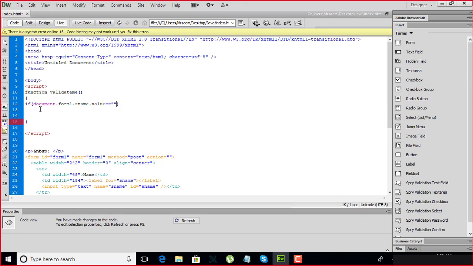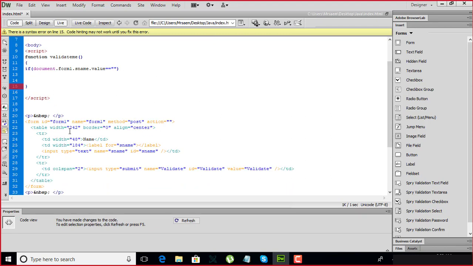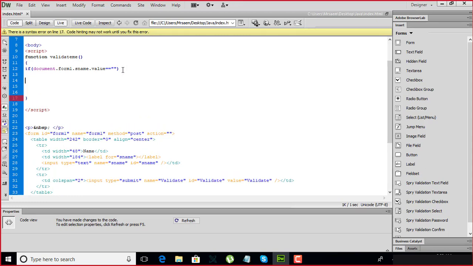So what I'm saying right now is that if you go to my HTML document, and if you find form 1 over there, and within form 1, if you find any object by the name of s name, and if it has no value within it, you see in double quotes it's a null value, then you do